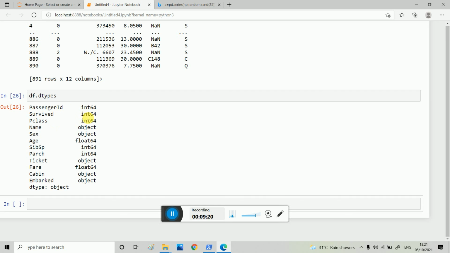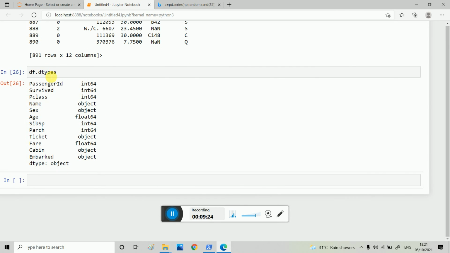This will give me the int, object, float, the dtypes of all the features, all the columns that we have: PassengerId, Survived, Pclass, and then there are other methods.